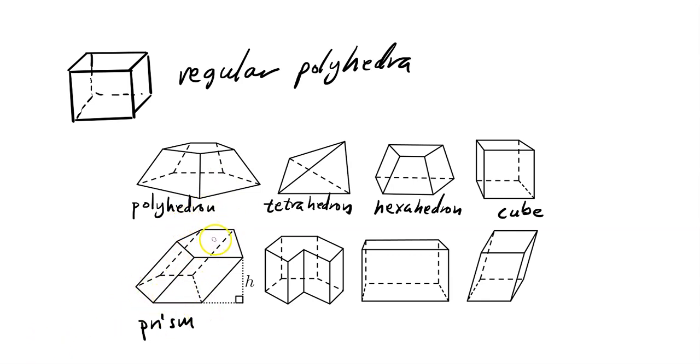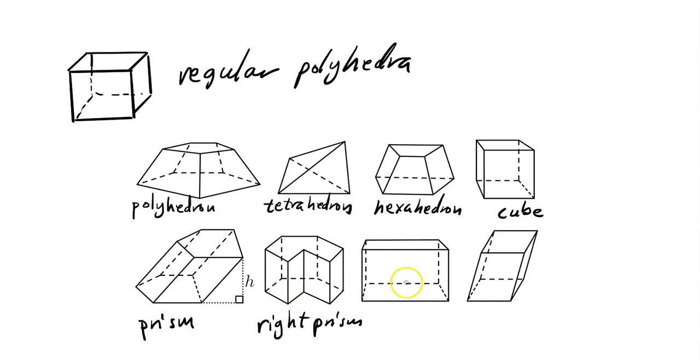This side here and this side are called the bases. If the base is 90 degrees to the height in the prism, this is called a right prism. You see here it's not necessarily 90 degrees; the whole thing is tilting. But if the parallel lines are 90 degrees to the base, then we have a right prism.